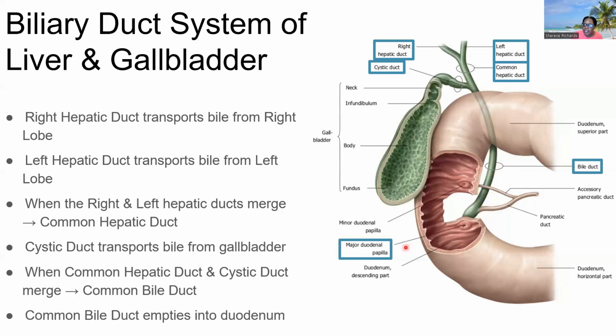In the duodenum, we have the major duodenal papilla, which is the opening that allows that bile to flow into the duodenum. So very similar with the pancreas, these secretions have to be released into the first part of the intestine to begin breaking down or digesting and absorbing